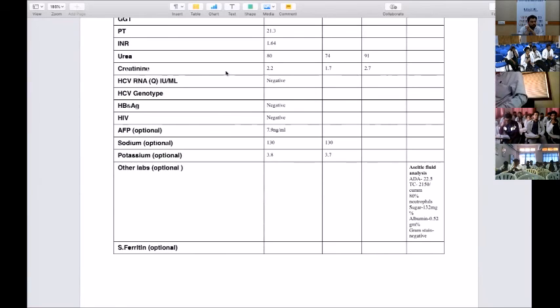Sir, pentoxifylline role in CLD and HRS? Usually nothing. Need to give him albumin, vasoconstrictors and high-end antibiotics, maybe carbapenems. Sir, role of midodrine, sir? Midodrine can be,